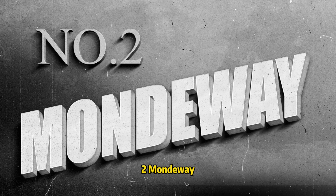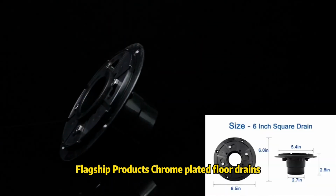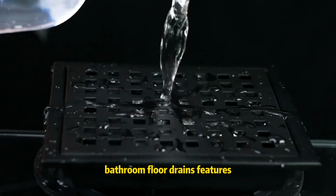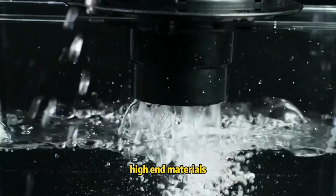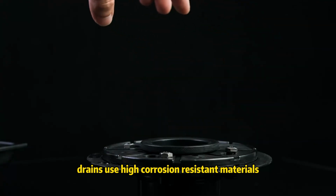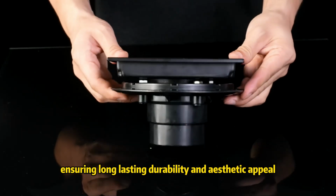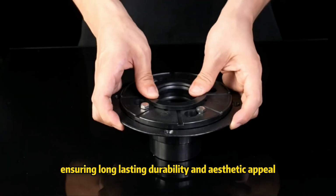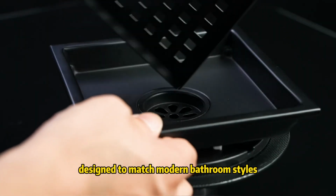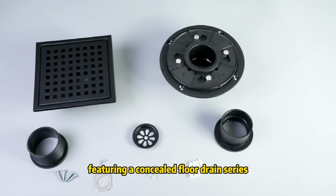2. Mway. Flagship Products: chrome-plated floor drains, stainless steel concealed floor drains, bathroom floor drains. Features. High-end materials. Mway floor drains use high corrosion-resistant materials, like 304 stainless steel, ensuring long-lasting durability and aesthetic appeal. Innovative design. Their products are designed to match modern bathroom styles, featuring a concealed floor drain series that is simple